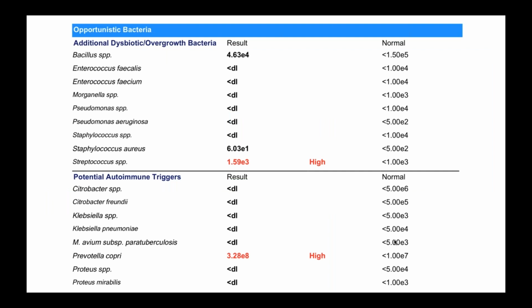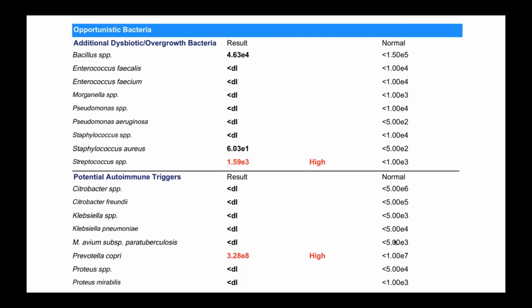When we go on to the next section, the opportunistic bacteria, you can see there's a few markers here that are noted and also out of range. In particular, Streptococcus is elevated, as well as Prevotella copri. And again, as we go through this webinar and talk about the various patterns, you'll see that these are